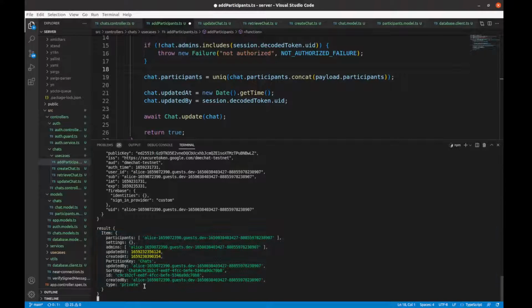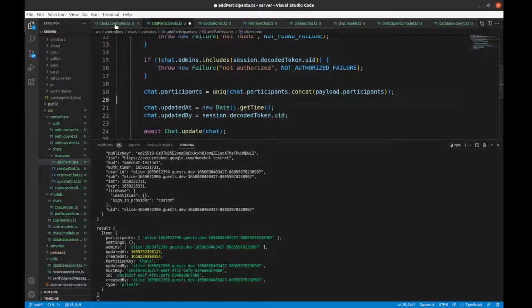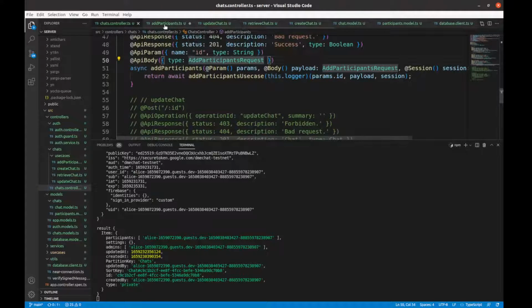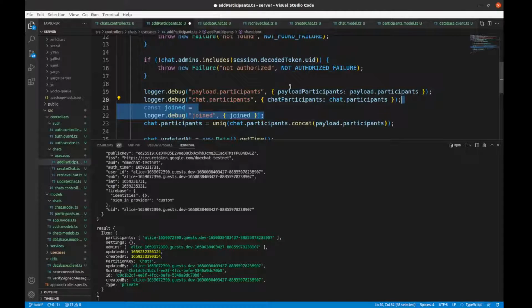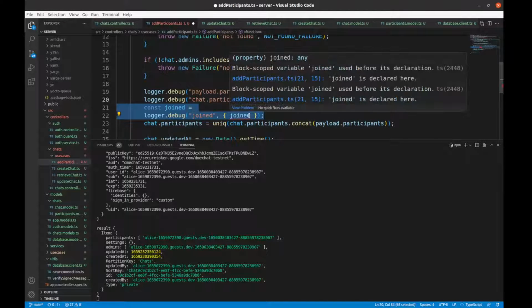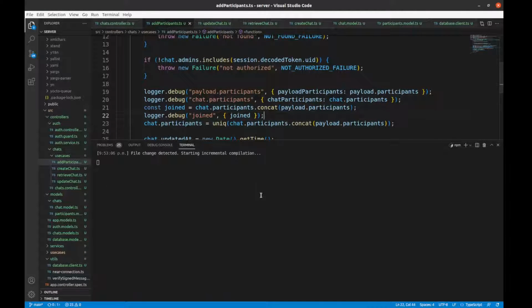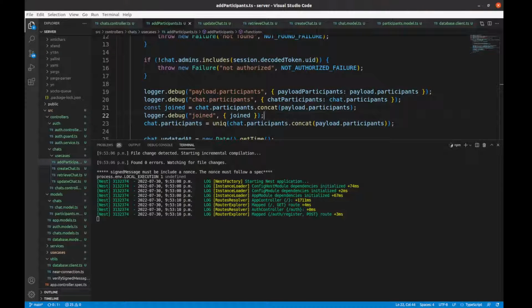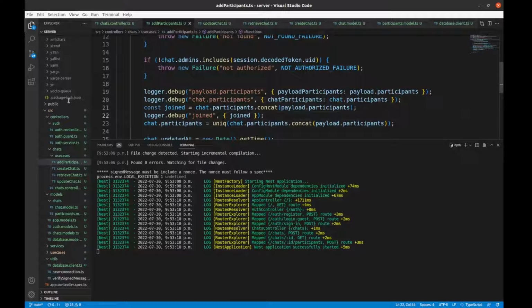Hasn't quite worked because we don't see Alice in this list. Add participants. And yeah,